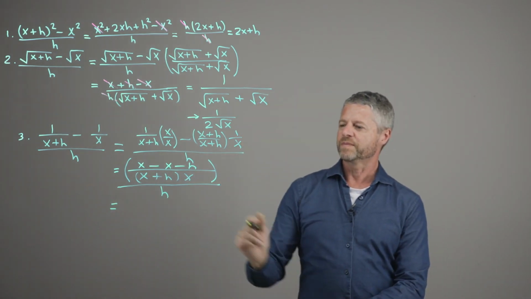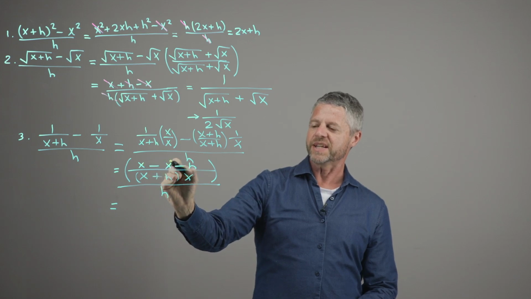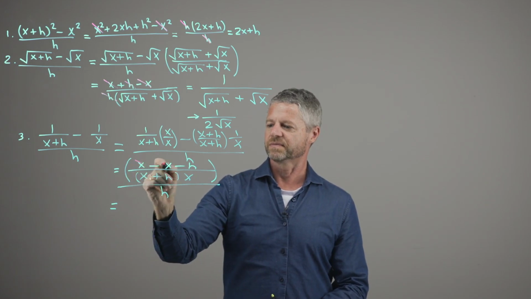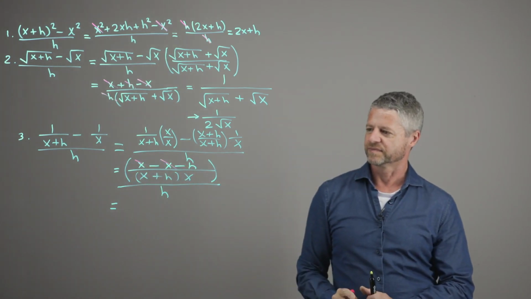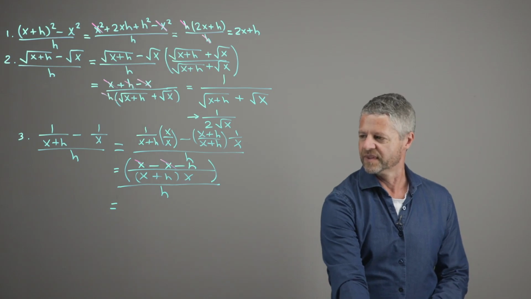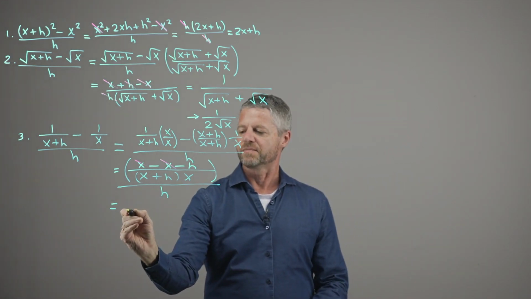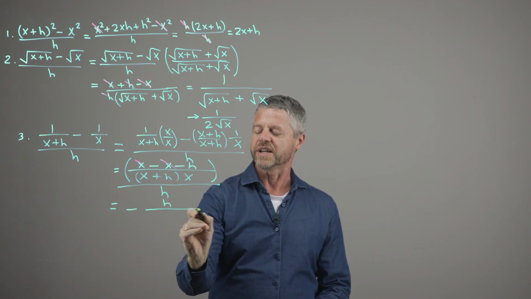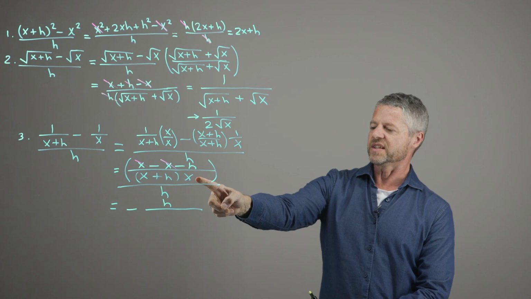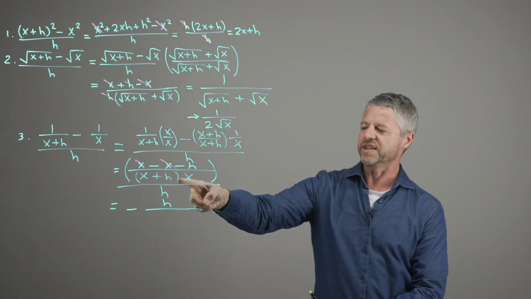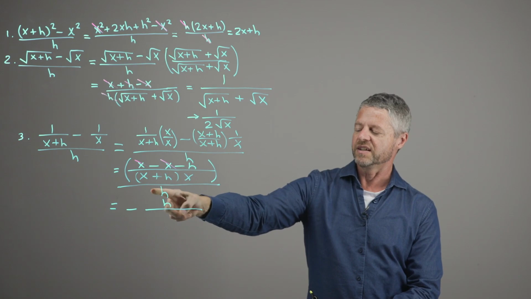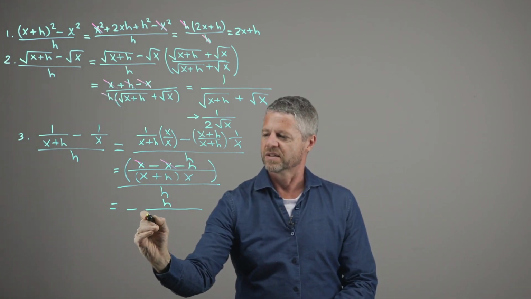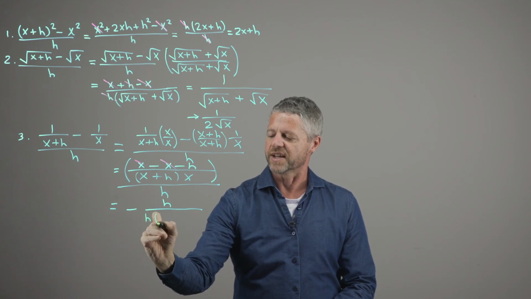So in the numerator I've got x minus x minus h, so those x's are going to cancel. So I'm going to have minus, and then I've got h divided by, so this is in the denominator, the x plus h times x, and I've also got this h in the denominator. So I'll just write it like this,